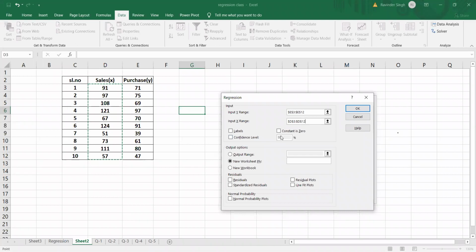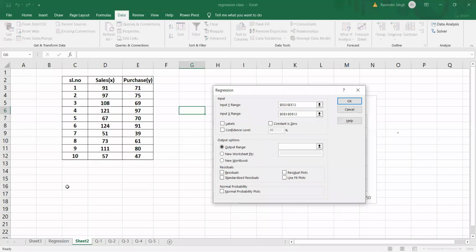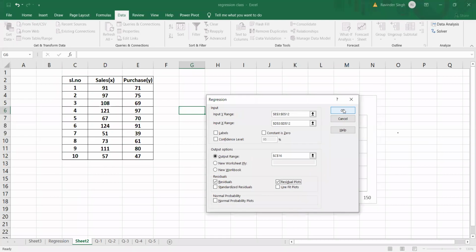What is confidence level and all? It's next chapter theory. Let us not deviate from here. For the output range, let me put it down below here, and I want to calculate the residual. We can see the residual plot also, and we can get some idea. So when you press OK,